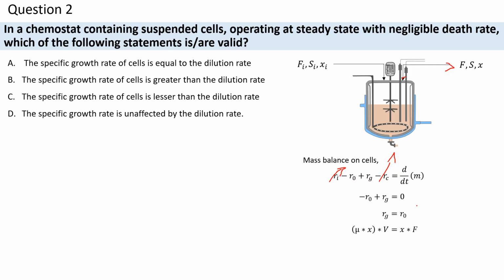So the cell concentration corresponds to X, and the flow rate is F. Okay, if we just rearrange it, X and X get cancelled, and mu is equal to F by V, which is nothing but your